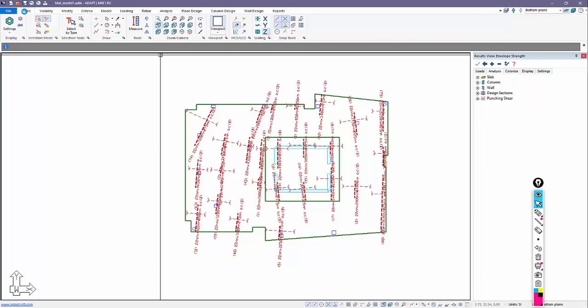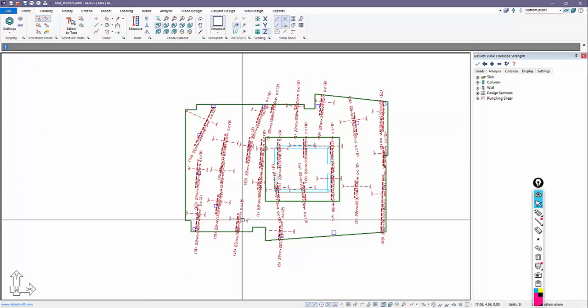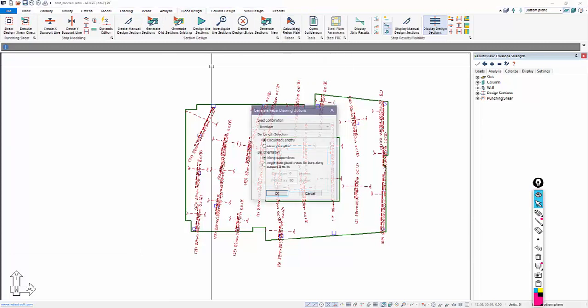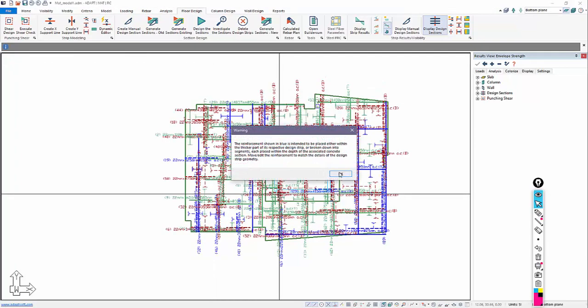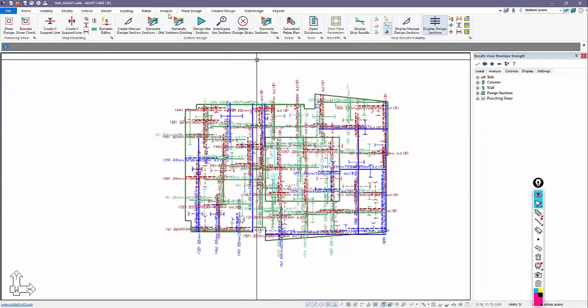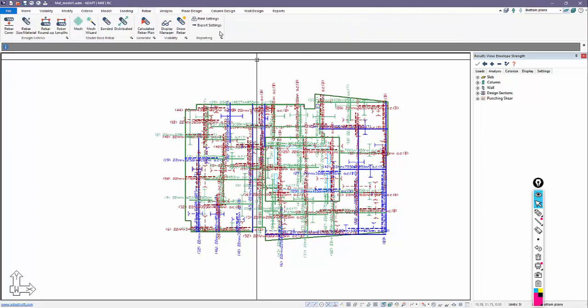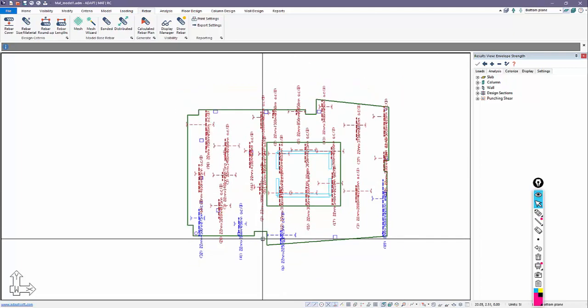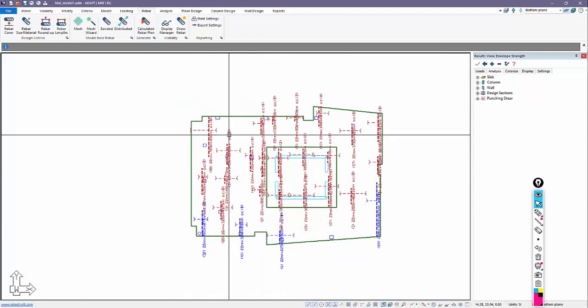So if you want the rebar to be aligned orthogonally, once I go back to floor design, if I regenerate the bars, you'll notice this bar orientation. I can say angle this relative to the global axes. And here we're going to do this from 0 degree and 90 degree, and the program will adjust the number of bars required. And we have something now that looks like this. If I come back and go back to my display manager and produce again only the bottom bars in the Y direction, we get a layout that looks something like this. Okay, so that's how we produce the reinforcement for our design strips.